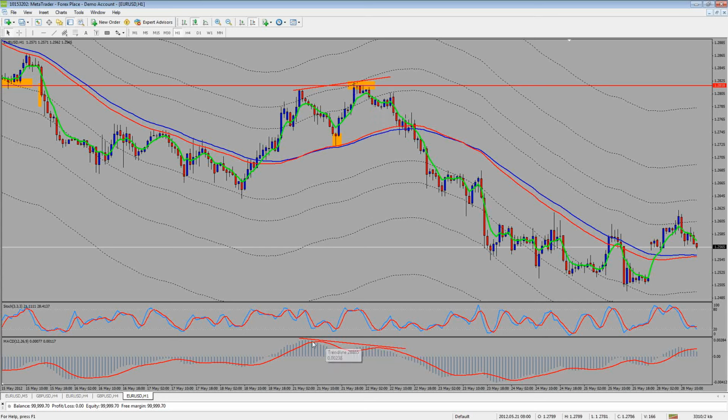Especially if you notice the divergence, then all these indicators together should tell you to exit your long trade,